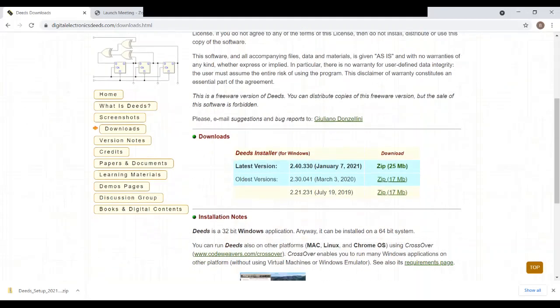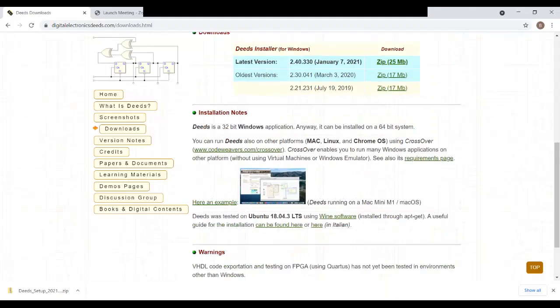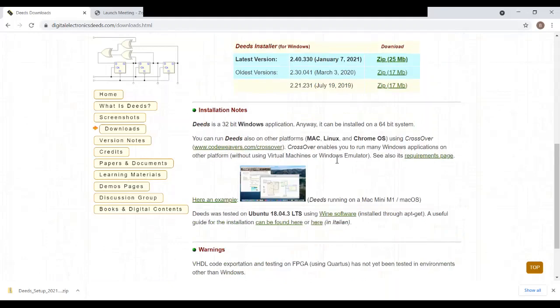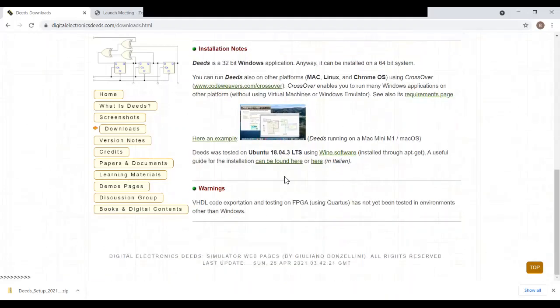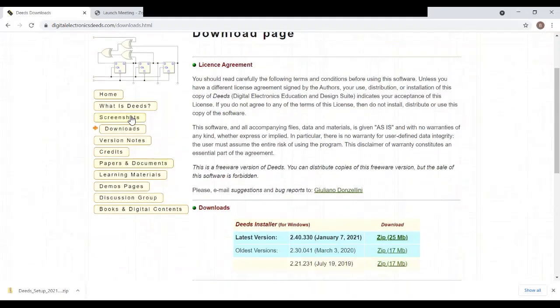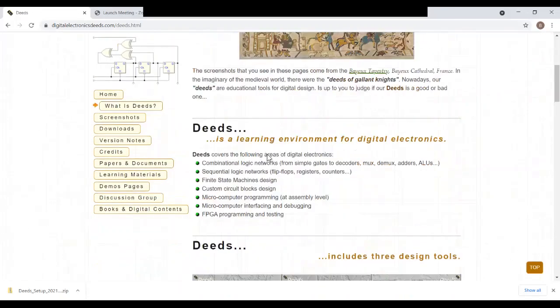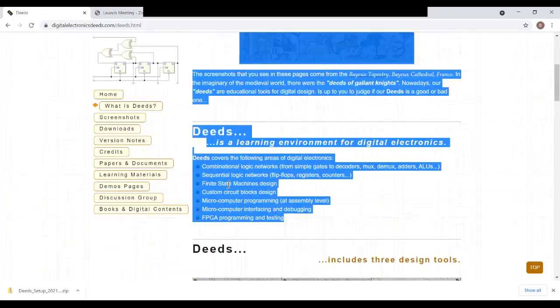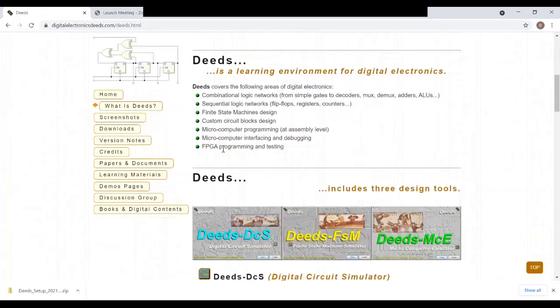This zip package for Windows is 25 MB. It is also suitable for Linux and other operating systems. If you want to get an idea about the detailed features of this software, then you can go here, what is DITS, and all the features are explained here. It also works well with FPGA programming and testing.